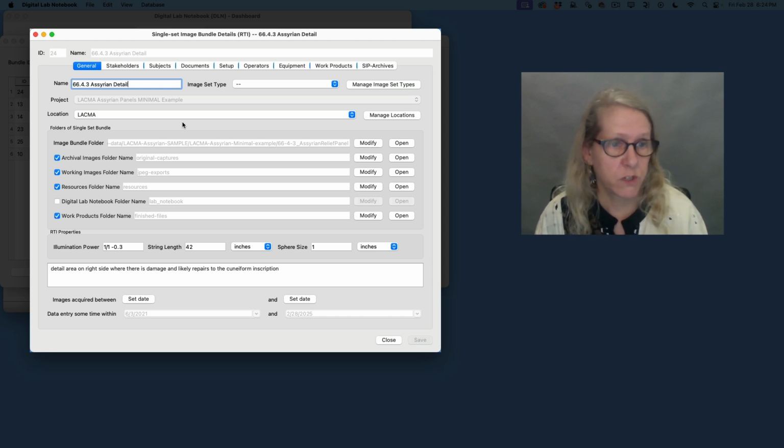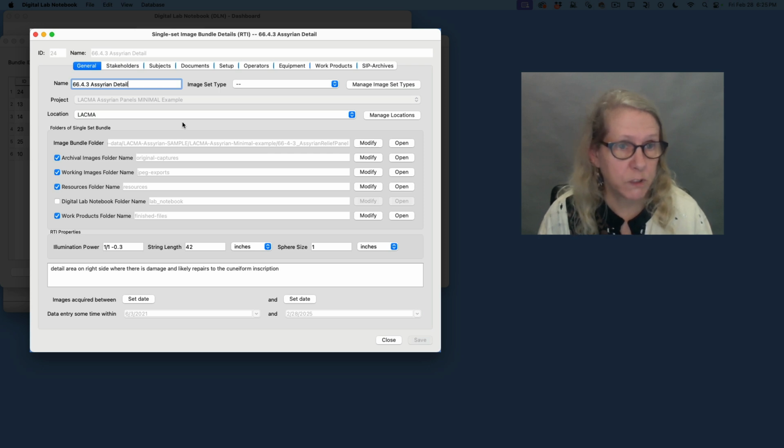We can have resources and we can have work products. And resources is where we might put things like a picture of a color card, or from the RTI building process, an image showing the light positions on a sphere, or light positions for our dome if we were using an RTI dome, those kinds of things. So these are essentially files that we want to include, but that aren't part of the images we're actually going to process,